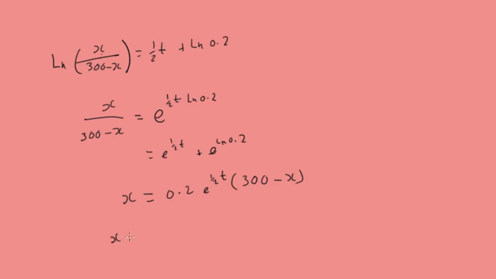Multiplying this out more, an extra step, sorry, we'll do an extra step because that's going to be a bit confusing. So multiply this bracket out and we're going to have x equals